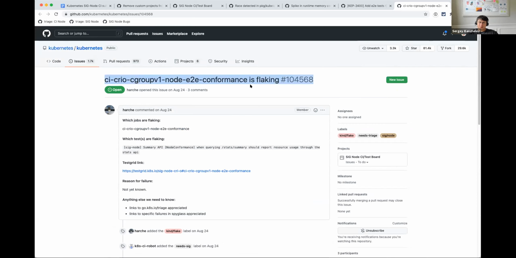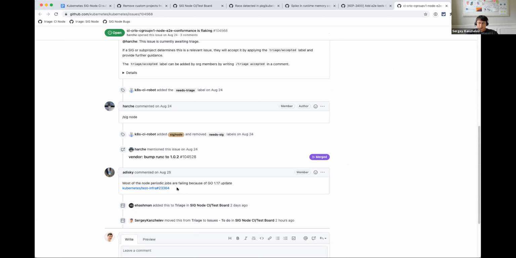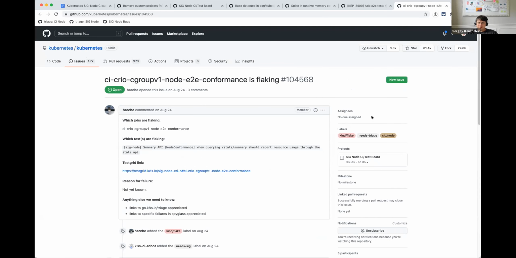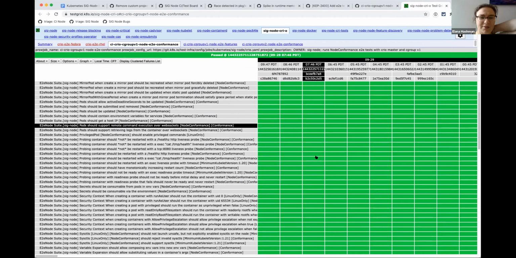Coming back to this flaking CRI cgroup v1 conformance, and Aditi made this comment. Aditi, are you on a call to comment? I'm still fighting. Oh, it's green now.